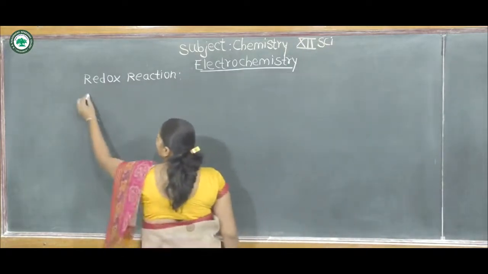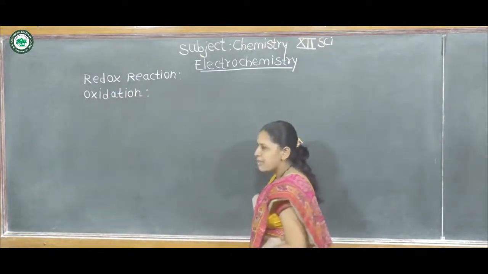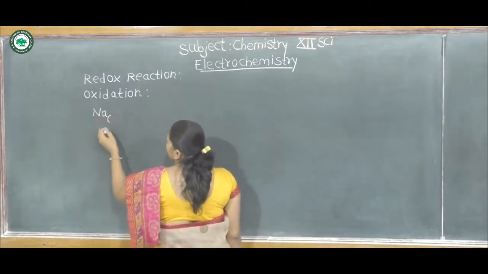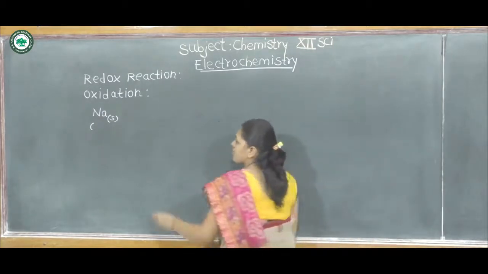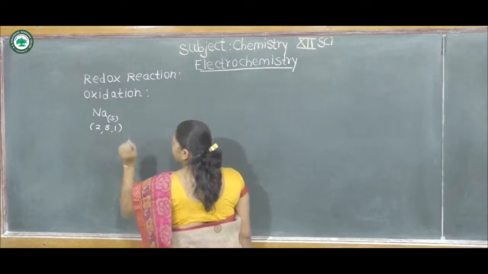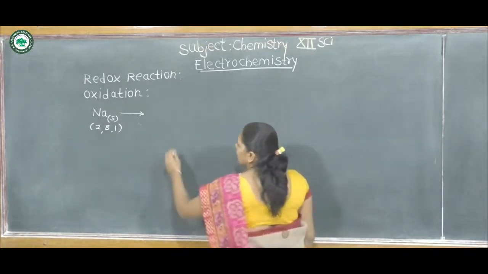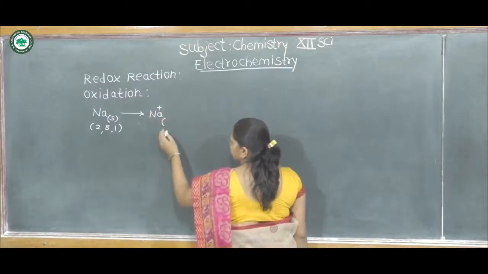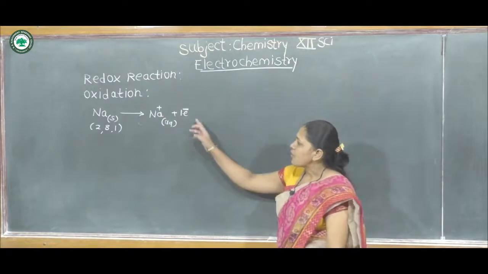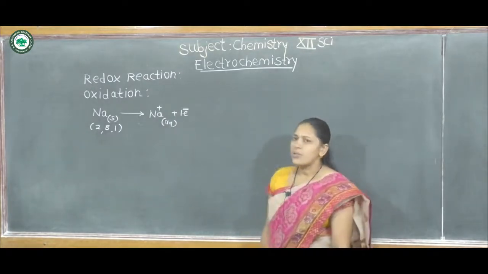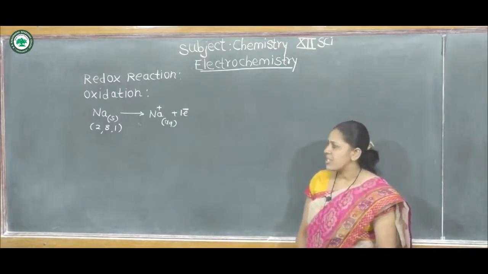First, what is meant by oxidation? For example, here sodium metal. The atomic number of sodium is 11, its electronic configuration is 2, 8, 1. If the electron in the last shell is lost by sodium, then it acquires one positive charge, Na+, plus one electron. One electron is lost by sodium, therefore oxidation is loss of one or more electrons by any species. Another example,